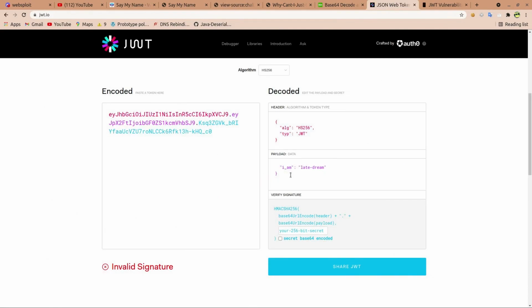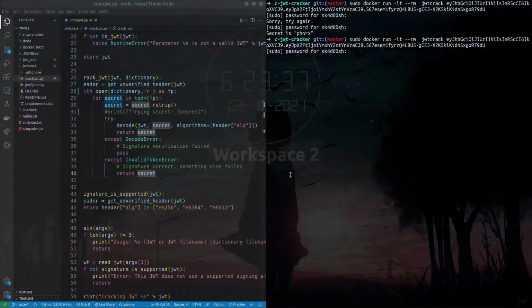To brute force the secret, I used a tool called JWT crack, and we just have to specify our JWT token to this tool, and it will brute force the secret of this JWT token.